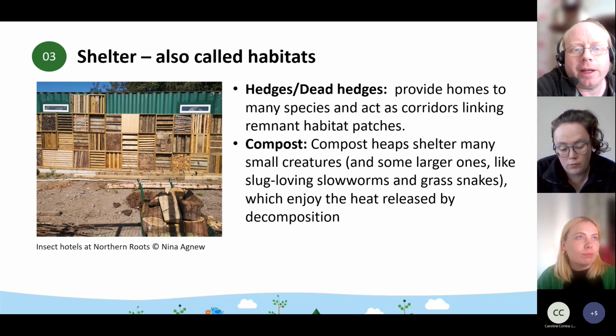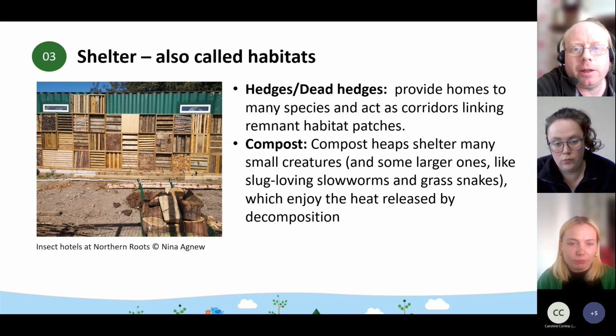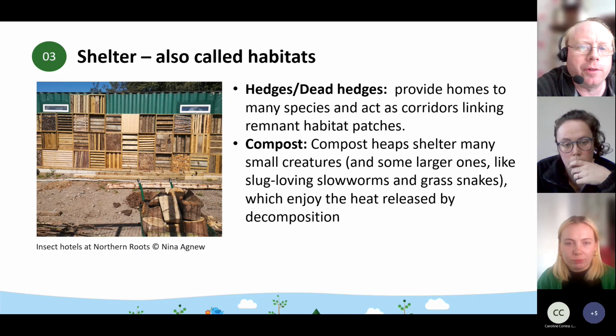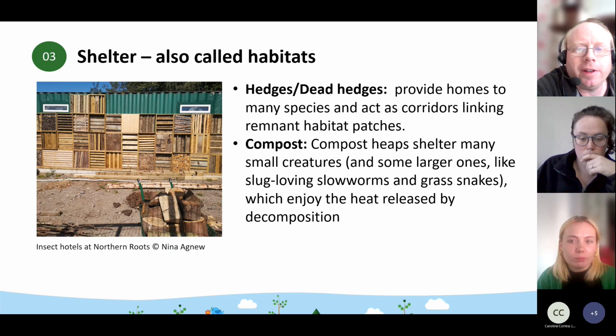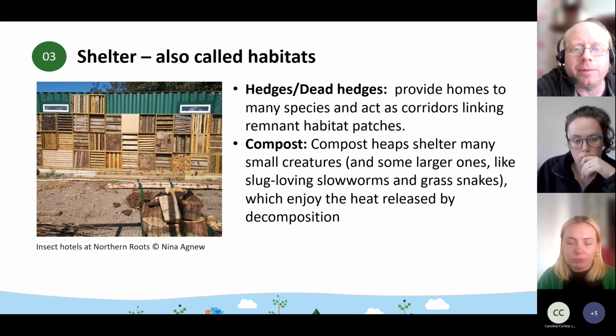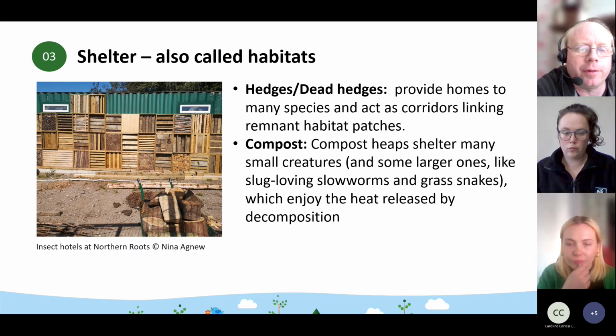We're talking here about things like hedges and dead hedges. So again, Emma's mentioned these provide a connection between different spaces. If you're looking at a nature reserve, you might be looking at interconnecting different spaces so organisms can travel and shelter, so they're free from predators and they can move around the site. A dead hedge itself, again, is a good way to use materials that you have in your garden or your nature reserve or your park or your green space. You don't want to throw anything out. All this stuff provides shelter for things, and it provides a useful barrier. You don't need to spend a lot of money on building a hedge or a fence or a wall if you can use the recycled materials you have.